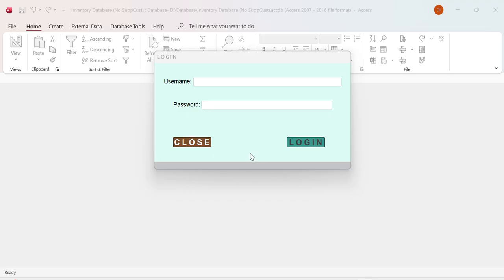So I have a few iterations of this inventory system. This one is the most nimble because it only captures details about the product. This one does not capture details about customers, suppliers, and all that. It's just about products. So, the very first time you open the system, your username will be b.wise